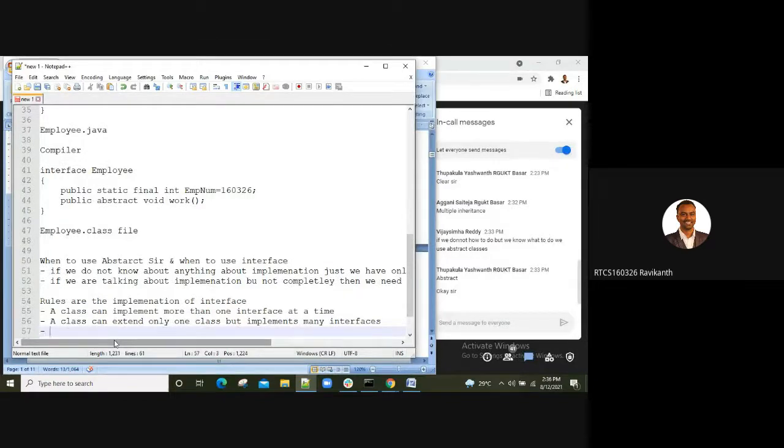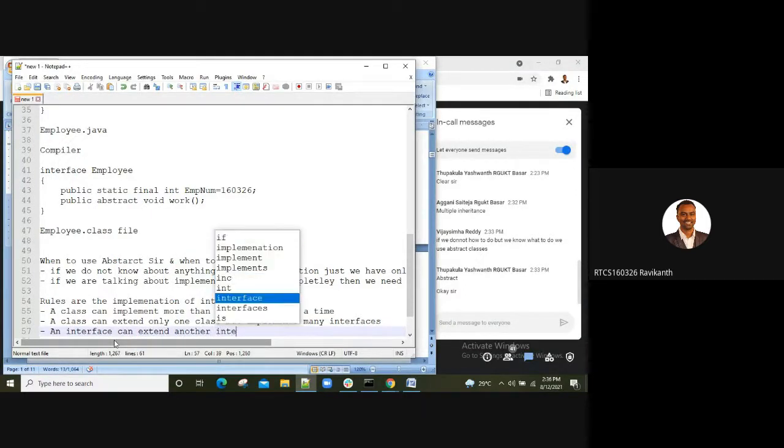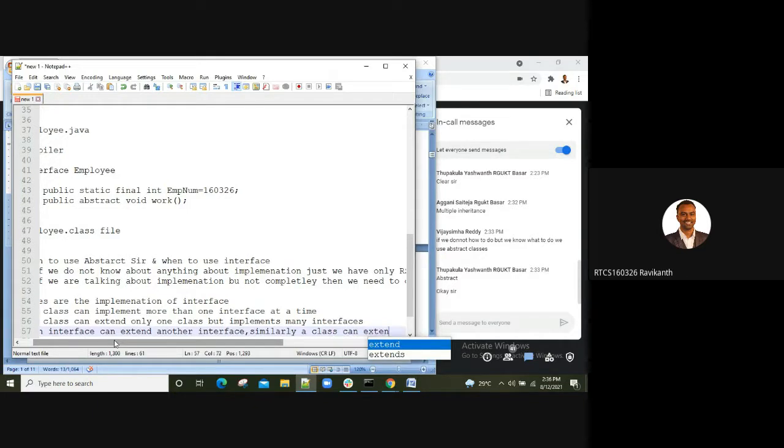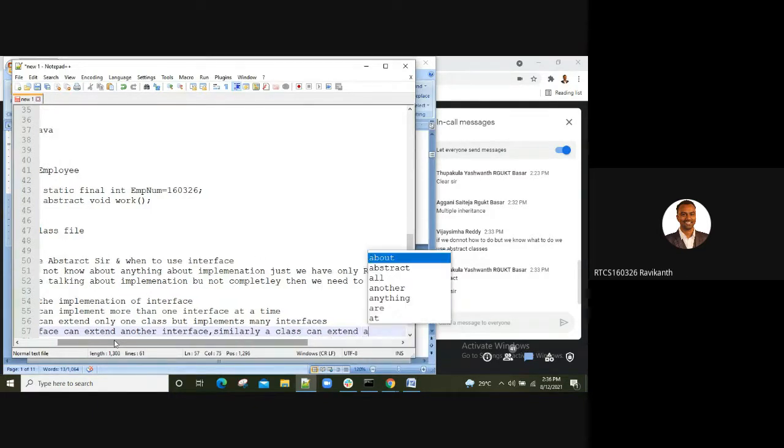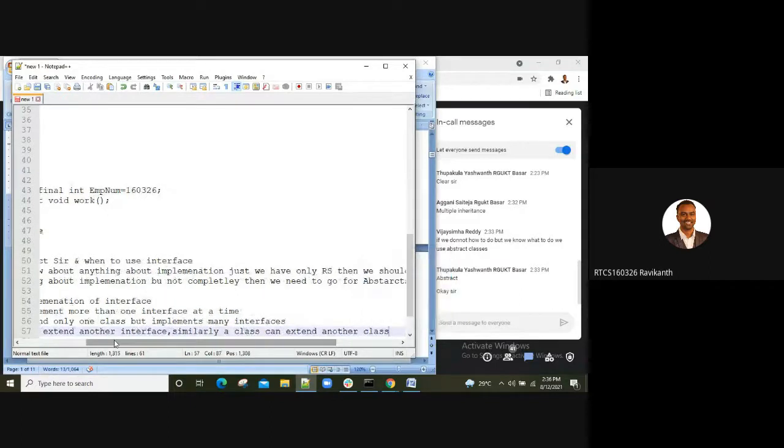The next point, an interface can extend another interface. Similarly, a class can extend another class.